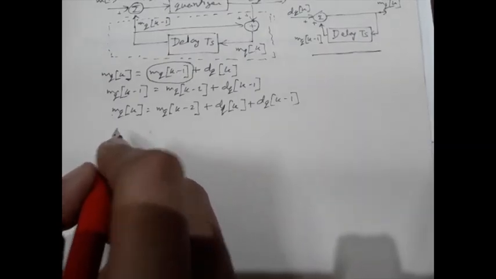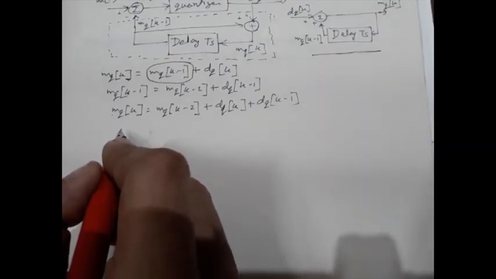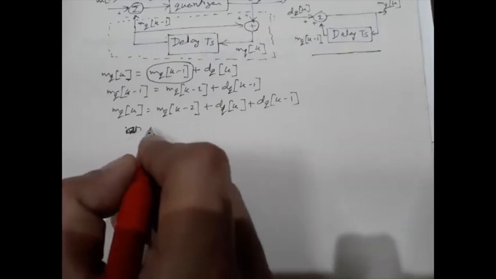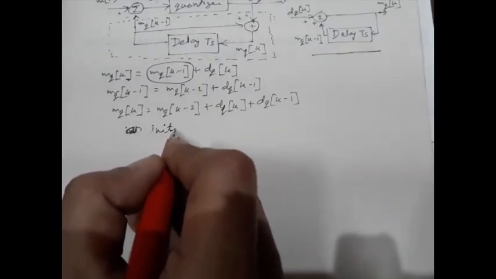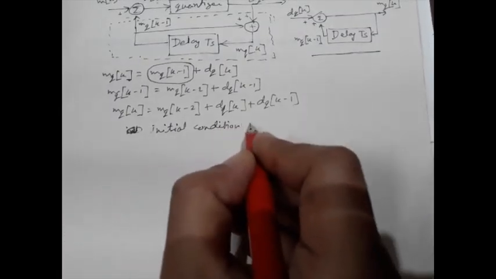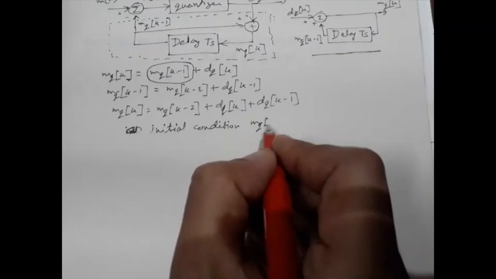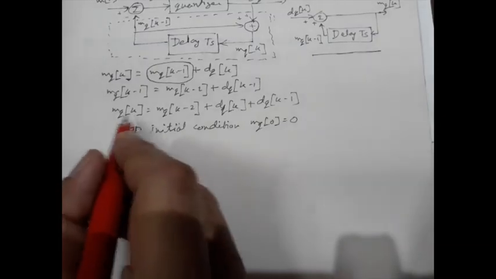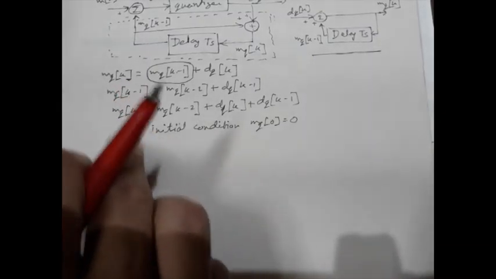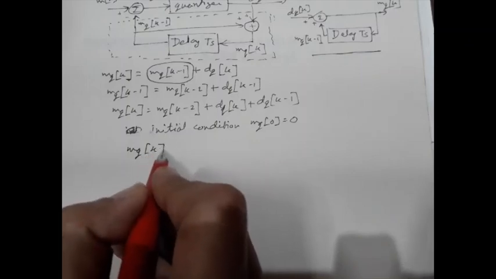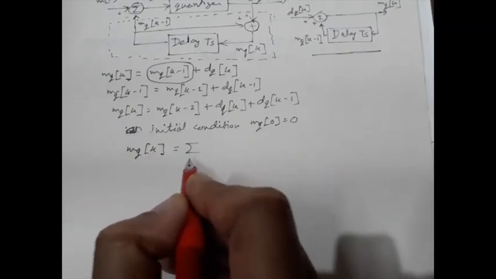Now just assuming the initial condition that mq0 equal to 0, we can write from this equation, proceeding in the similar fashion, mqk is equal to summation of